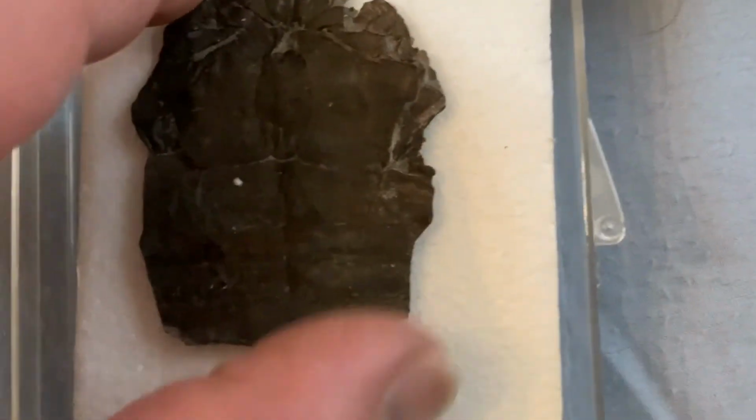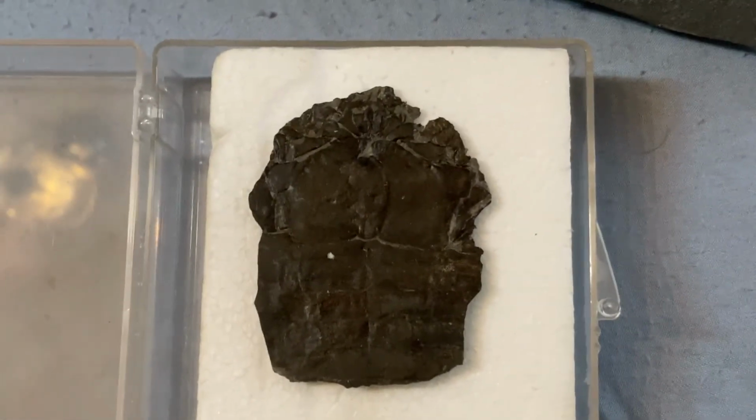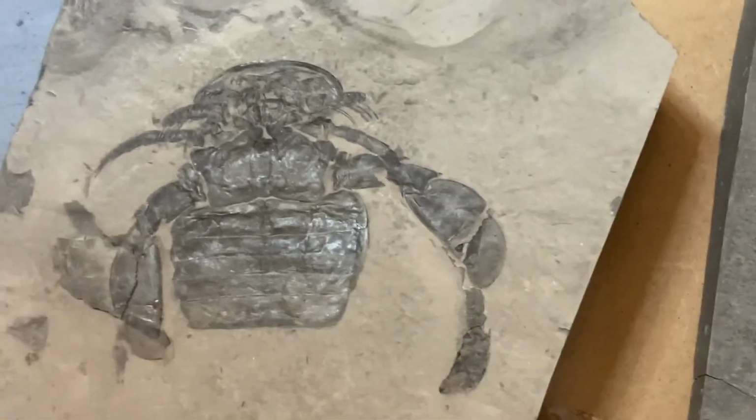So not a complete one because the tail is detached. I'm going to have to find out what I did with the tail. It's probably not too far from the rest of this Eurypterid, but I packed it somewhere and was unable to find it this morning. So that would definitely be my best find